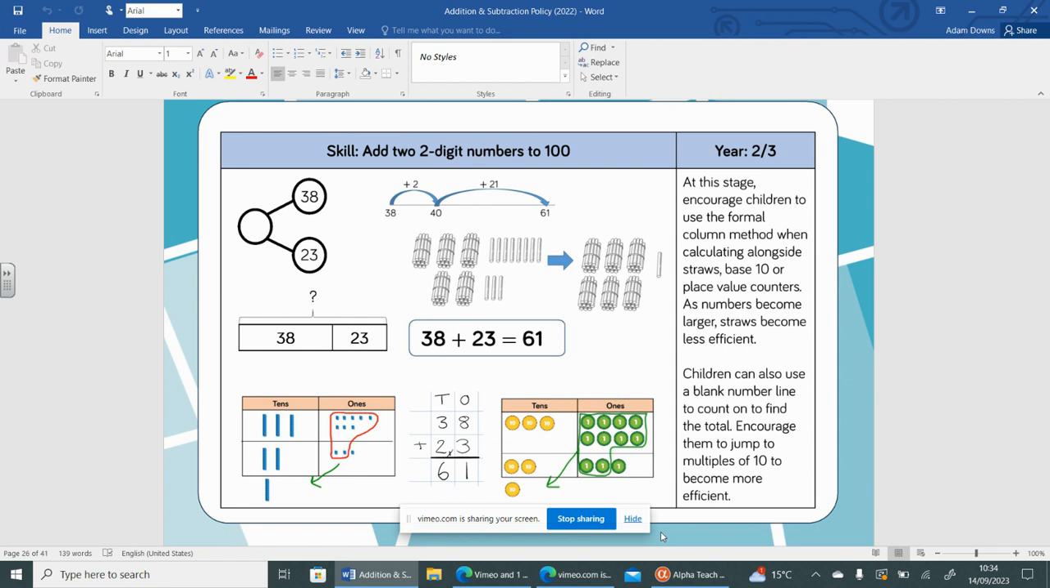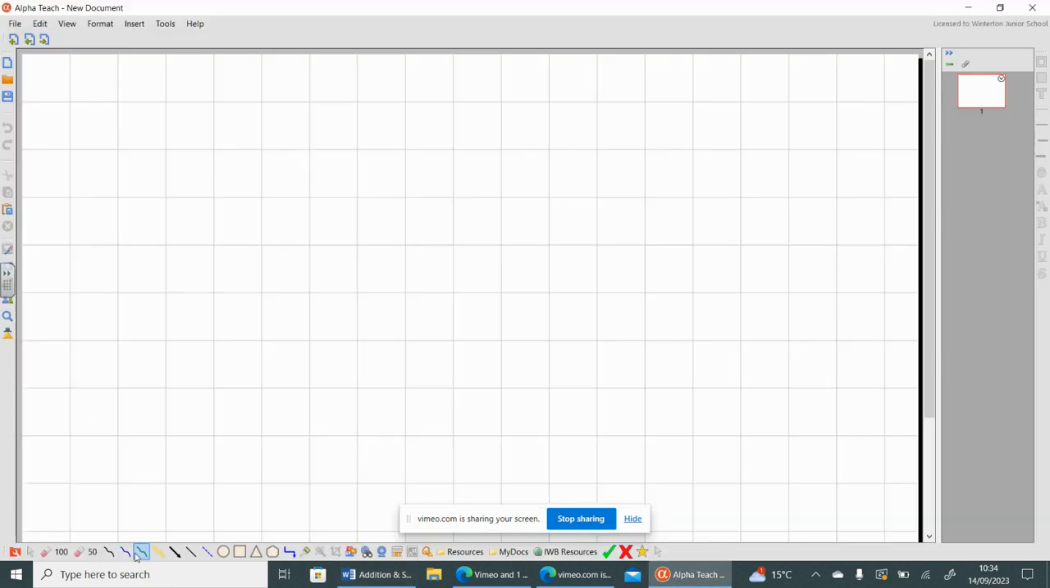So I'll go through that calculation. I've got 38 add 23. So I'll start off by doing my 38, put my addition, and my 23. So they're lining those up in the columns underneath each other, making sure they put their addition sign because